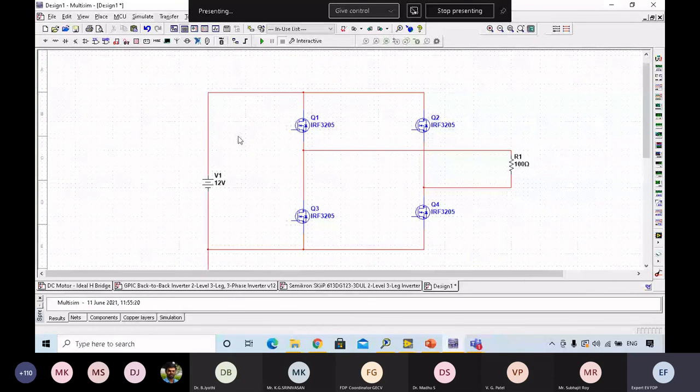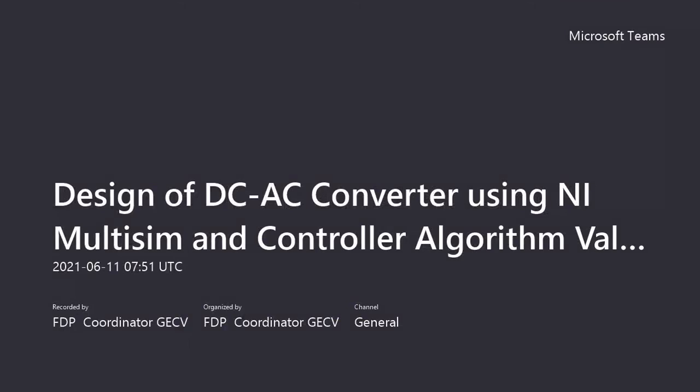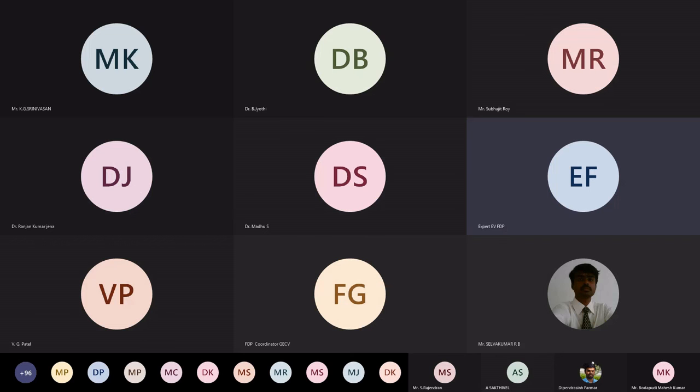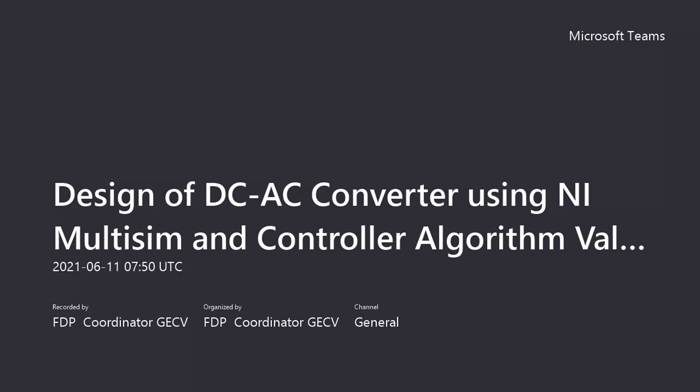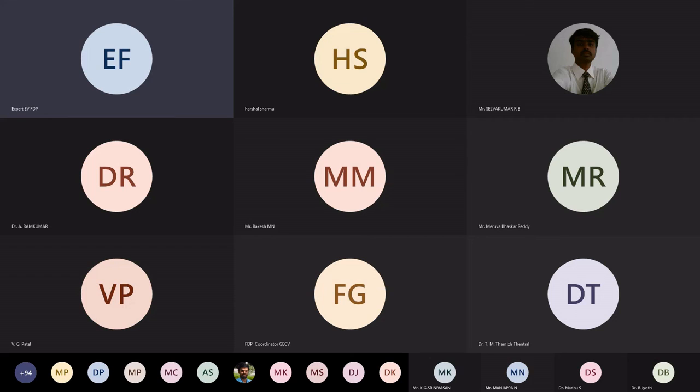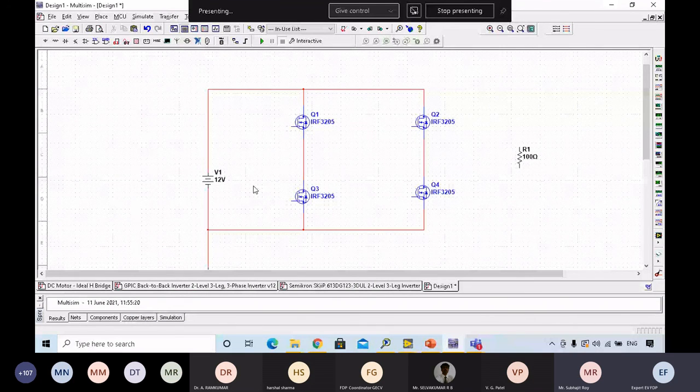Okay, so I have already told you that these pulses will be fed from LabVIEW, because LabVIEW has the power to control the embedded system. Mostly these components will be controlled by an embedded system. Right, so normally we make use of a bootstrap driver in order to make it possible, right? A bootstrap driver, because whenever you want to turn on